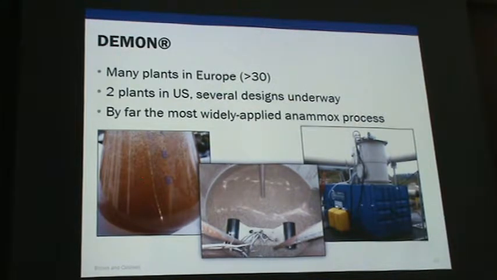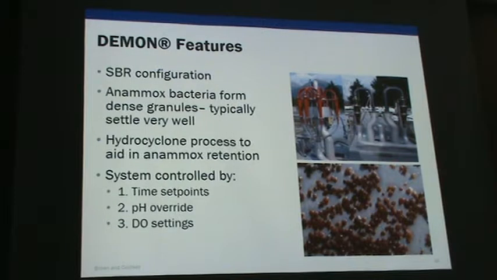And this shows a pilot unit that we operated up at Pierce County. There are 2 plants in the U.S., one in Canada now, which are operational. There's almost 40 in Europe. So this is by far and away the most widely applicable or applied technology for nitrogen removal in side stream. It lends itself to an SBR configuration, and you can see the